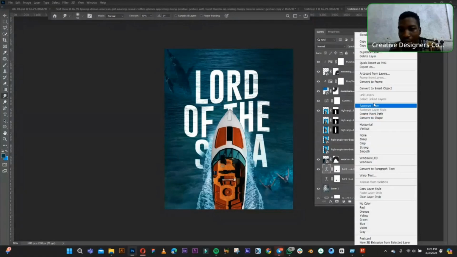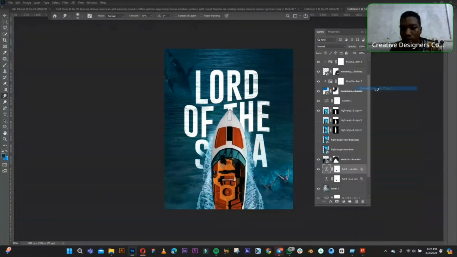So what did I do? I converted it to smart objects so it can be one. With smart objects I can still edit it, but I won't be able to apply a lot of effects to it. So I rasterize the image, although there's a better way to do it, but because of time, I'll take this. Now I come here to the smudge effect because I want it to look as if the water is